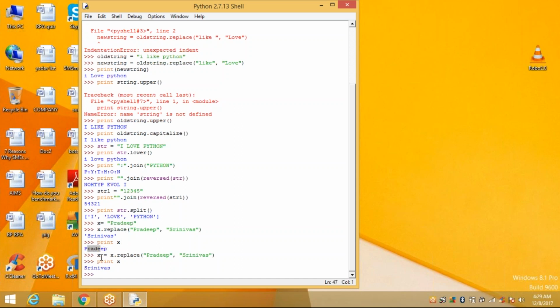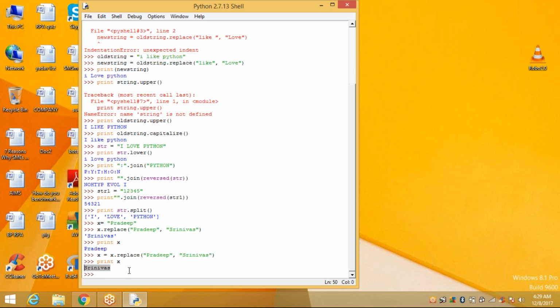So when I use X is equal to X dot replace Pradeep, Srinivas, the replaced value is assigned to X instead of Pradeep, so it is stored in X after replacing. When you print that, it displays the new value, Srinivas.